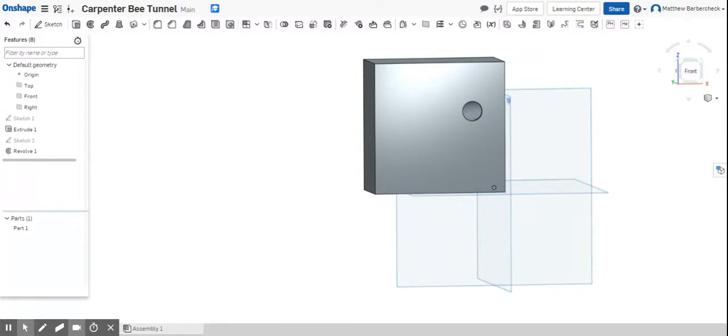Now, the first thing I did in the first video was a regular rectangle. We're going to start from a center point rectangle. We're going to try and keep the origin in the middle of our part. And then I'm going to dimension in one side of the rectangle, and I'm going to just set an equal constraint between the two. This way, in the future, if I want to change this to a 4x4, oh shucks,